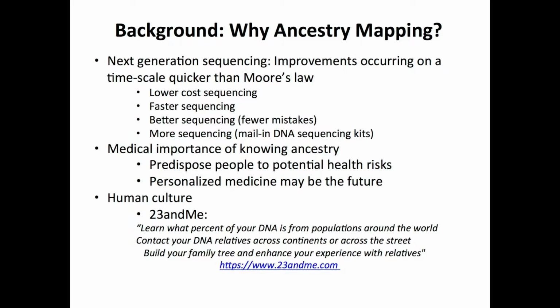There were all sorts of very innovative technological developments by competing companies like Illumina. Next generation sequencing methods are high throughput, highly parallel, and maybe highly priced at one time, but those prices are plummeting really fast. So that's sort of the how. As for the why, well, one big reason is the potential medical gain for knowing ancestry.